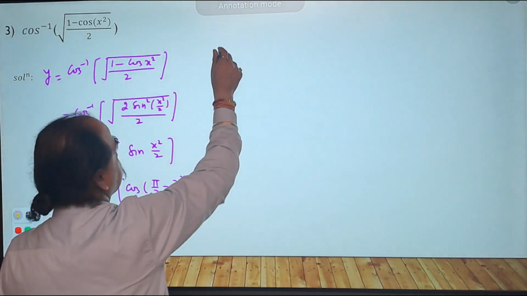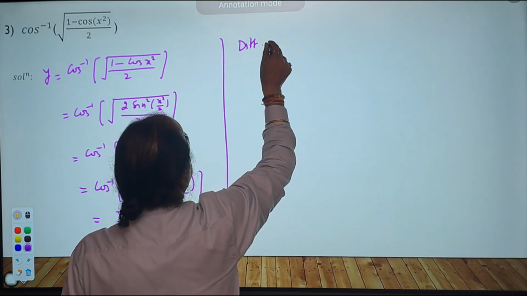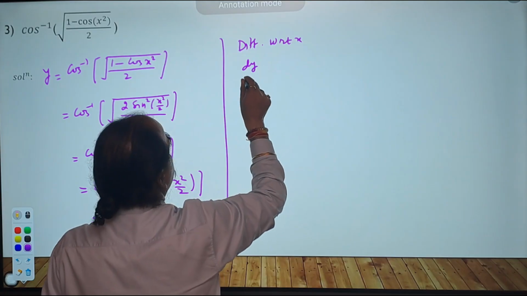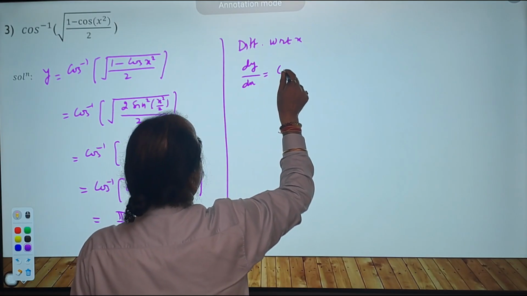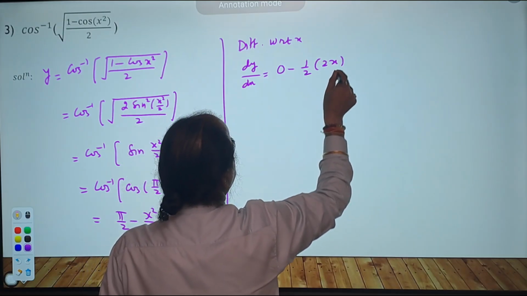Differentiating with respect to x. dy/dx is what? 0 minus 1 by 2 into derivative of x square is 2x